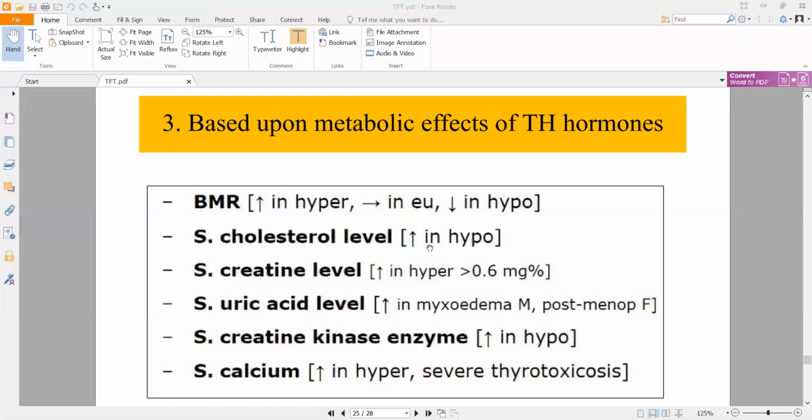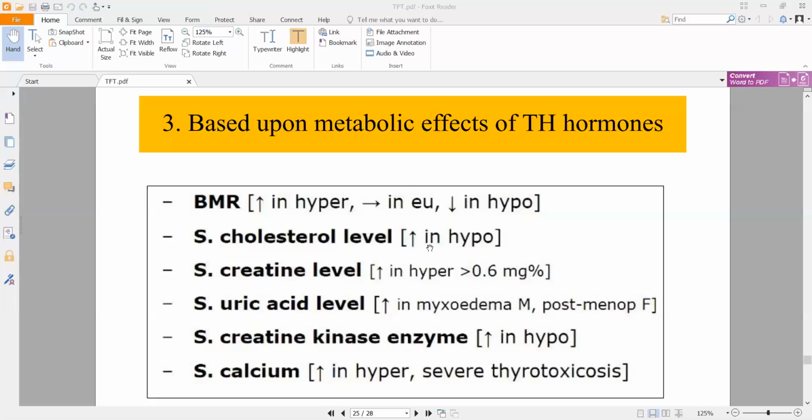All right, because your muscle is working more, one end product of muscle metabolism is uric acid. Creatinine kinase will be increased in hypo, on the other hand. Uric acid will also increase in case of myxedema. Myxedema is a condition in which, because of improper thyroid hormones, you will start having edema, right? If you remember, we saw an example of myxedema above. Pretibial myxedema is the example that we saw, right?